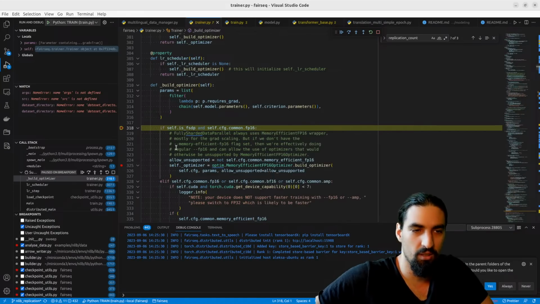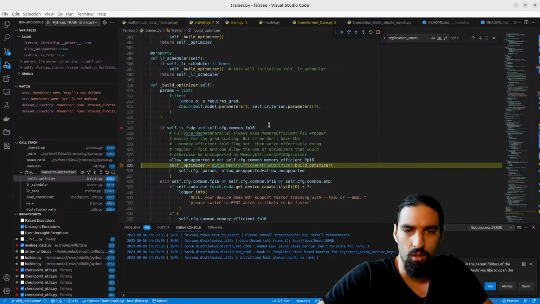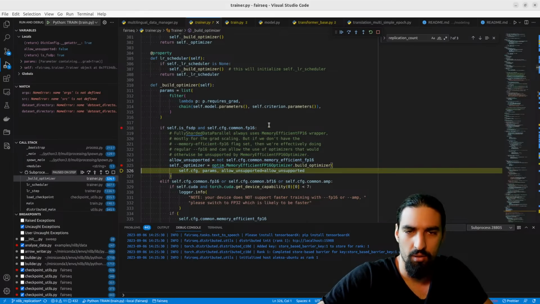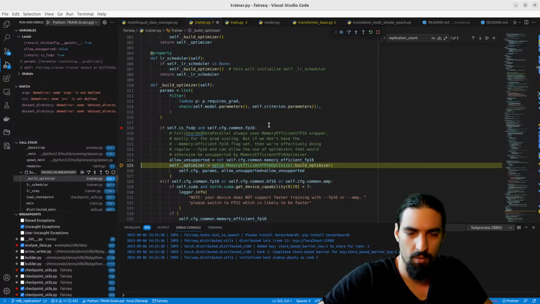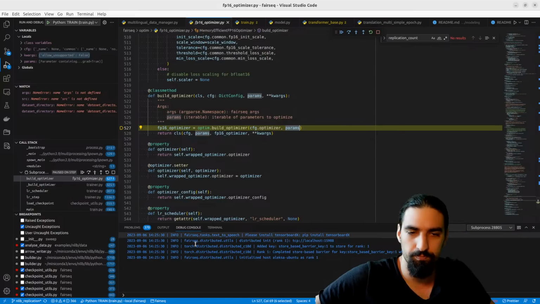Now we are building the optimizer. All of this happens under the load checkpoint for some weird design reason. Okay, and memory efficient one for RAMs.